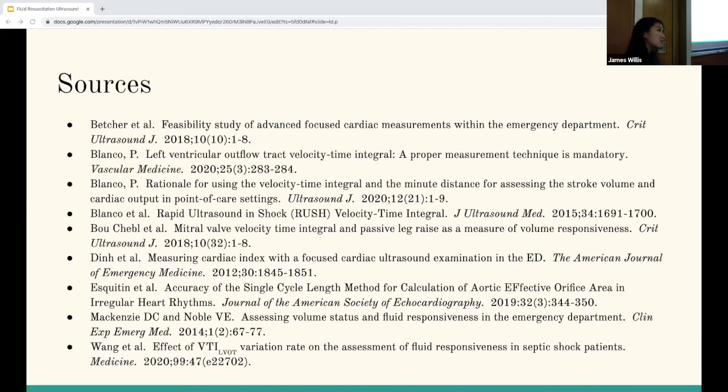Is there a perfect study that shows we can avoid intubations for people that carefully look at this, versus, I'm not sure how non-sonographers look at it, with serial capillary refill exams, what you guys do? But anyway, I have questions whether VTI is related to cardiac output, because what if the response to fluid changes the heart rate? I mean, stroke volume changes the heart rate. So if you don't account for that, if I give someone who's volume depleted some fluid, and I measure their VTI before I give it, and then I give them fluid and their heart rate drops, how does that affect their VTI? Because the stroke volume